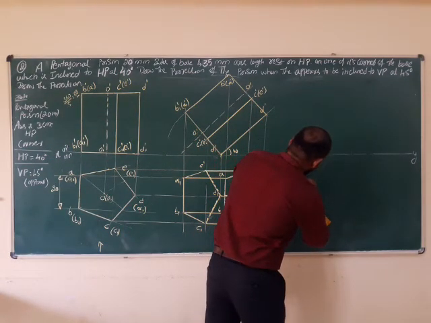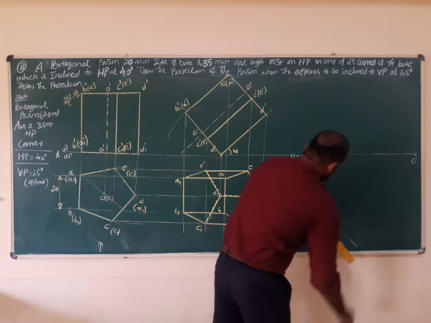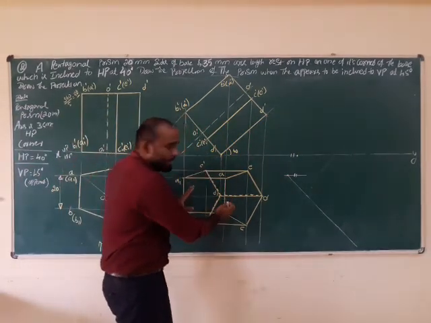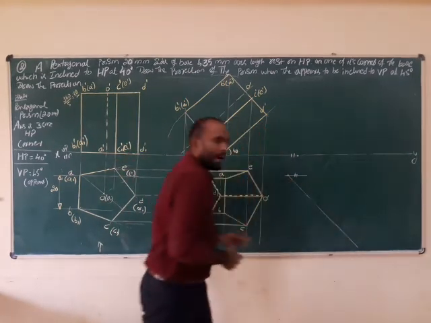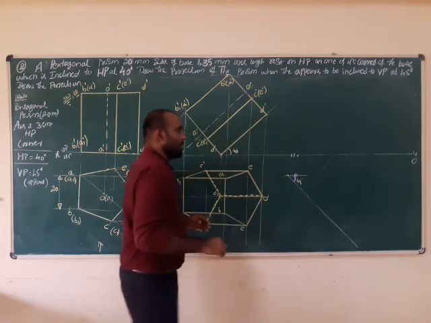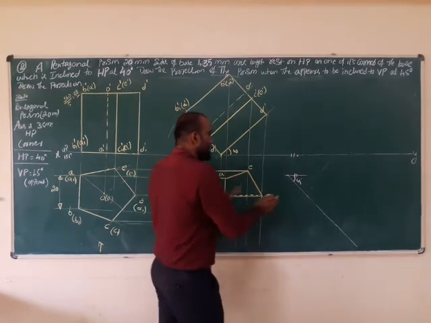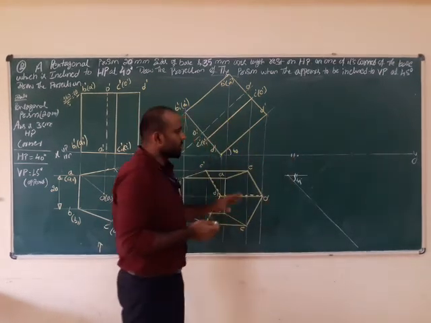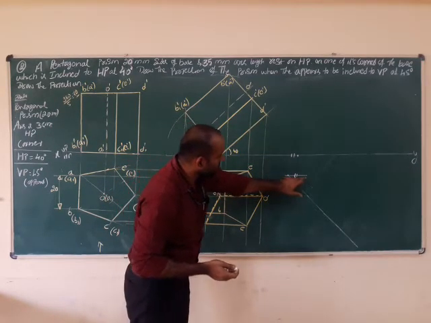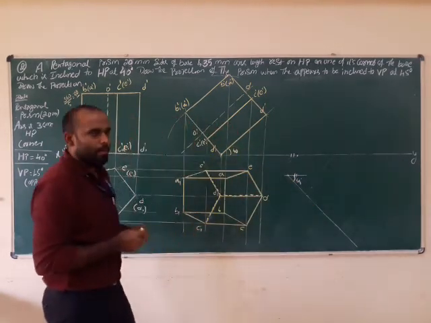After that we have to draw, then it is easy to draw the second step pentagon on the angle line. The angle line is called 45 degree. That's why don't write on the XY line. If it is right on the XY line, the pentagon is crossed on the XY line. So that's why don't write on the XY line. You have to take some distance. After that you have to draw the horizontal line exactly parallel to the XY line. After that you have to select that point and draw 45 degree.